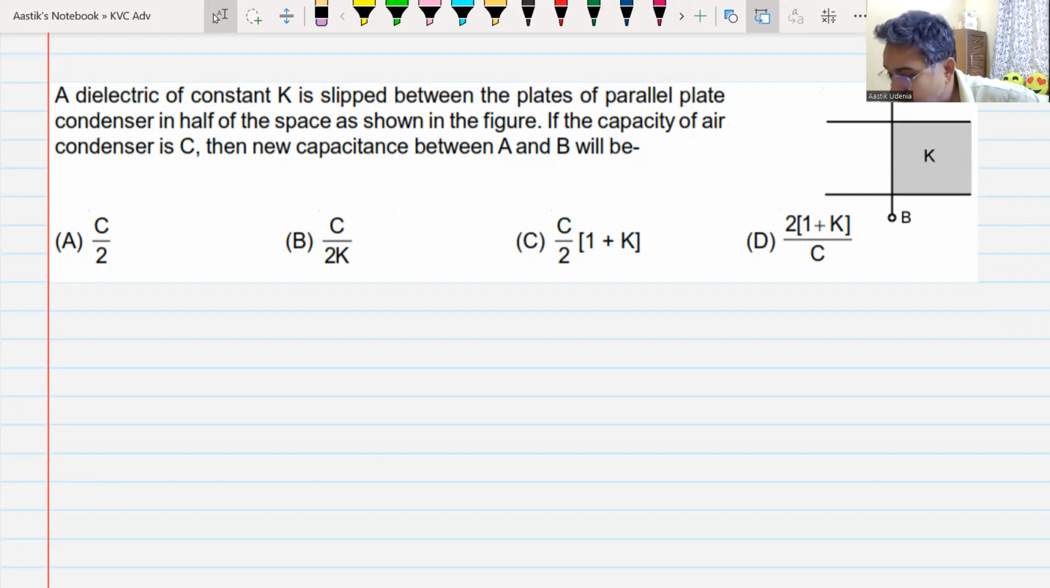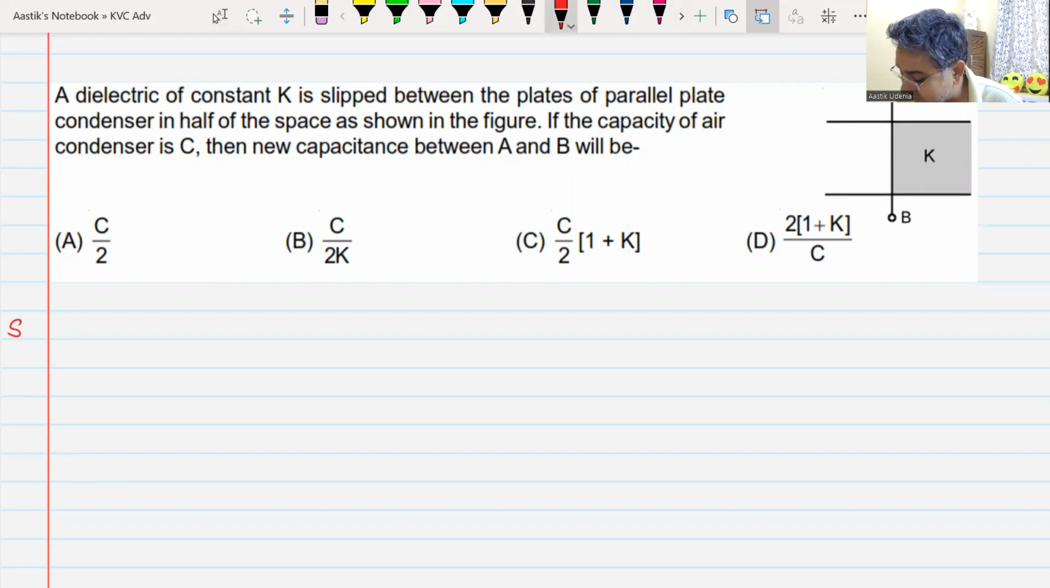Yes. What will be the new capacitance? Half of it is filled with a dielectric of dielectric constant K. The original capacitance is C. I'll give you 2 minutes to give me the answer. Option C is correct. Either you can do it by a series parallel combination or you can,